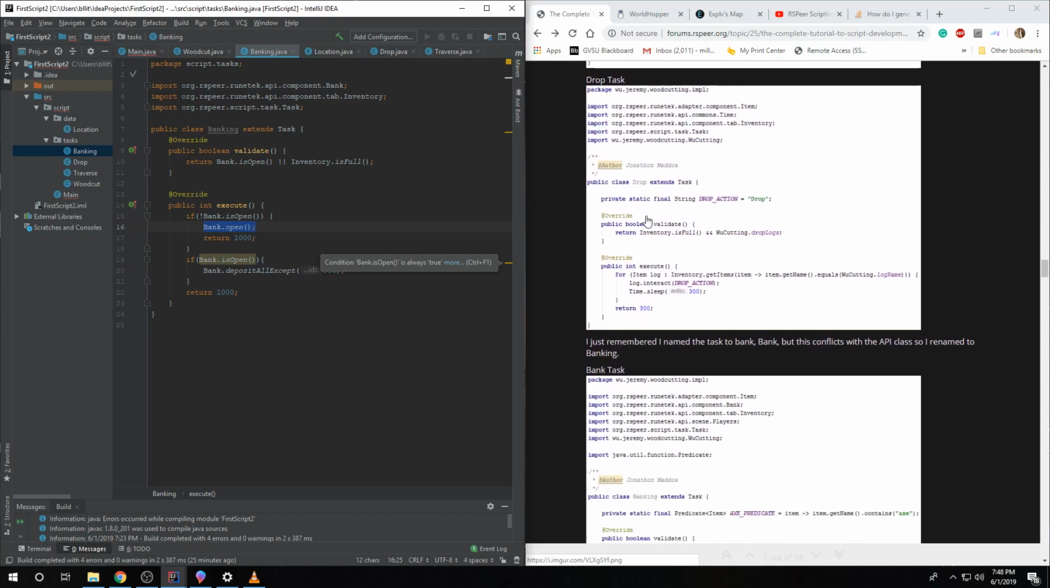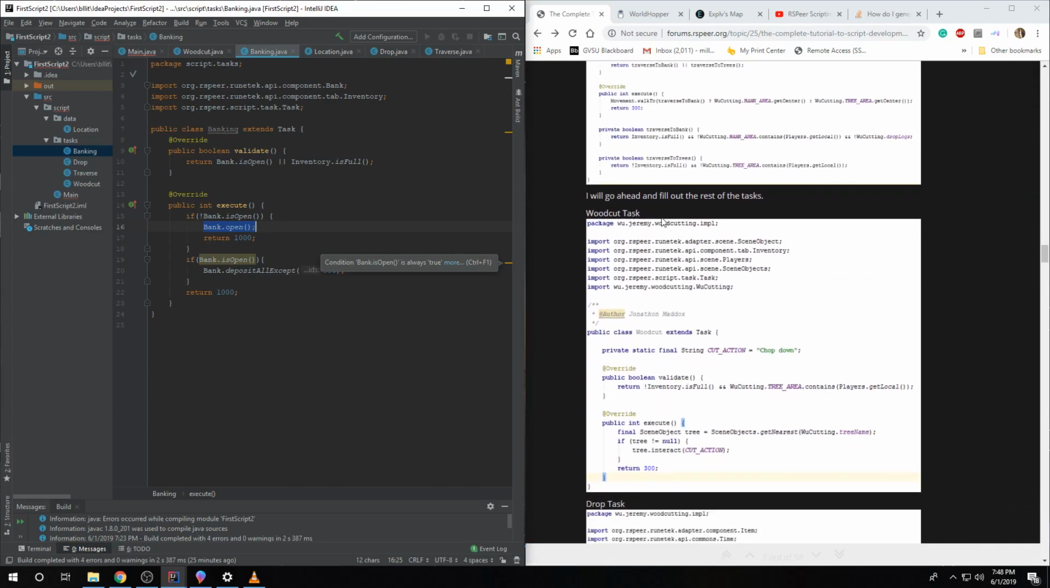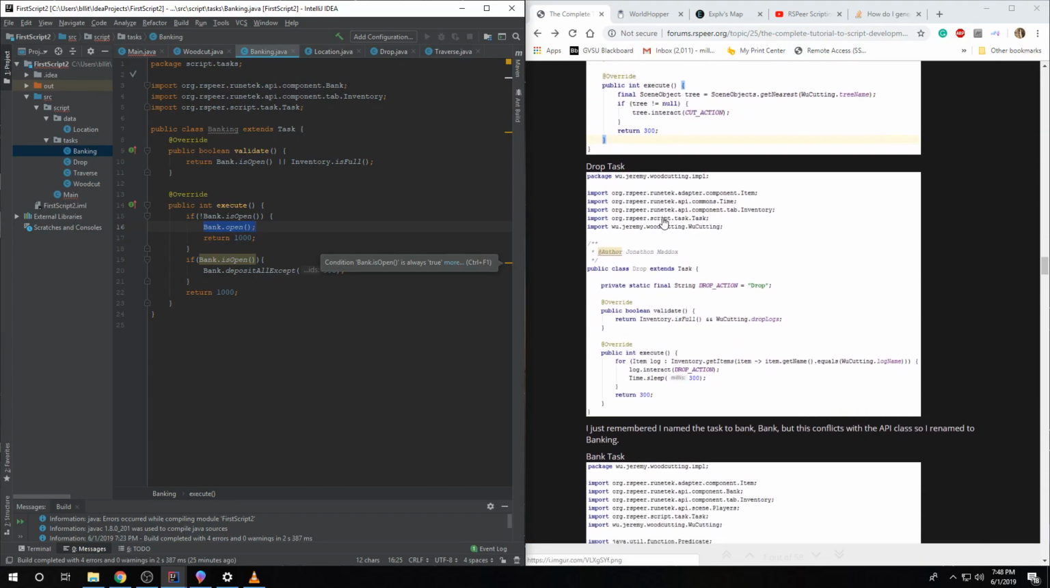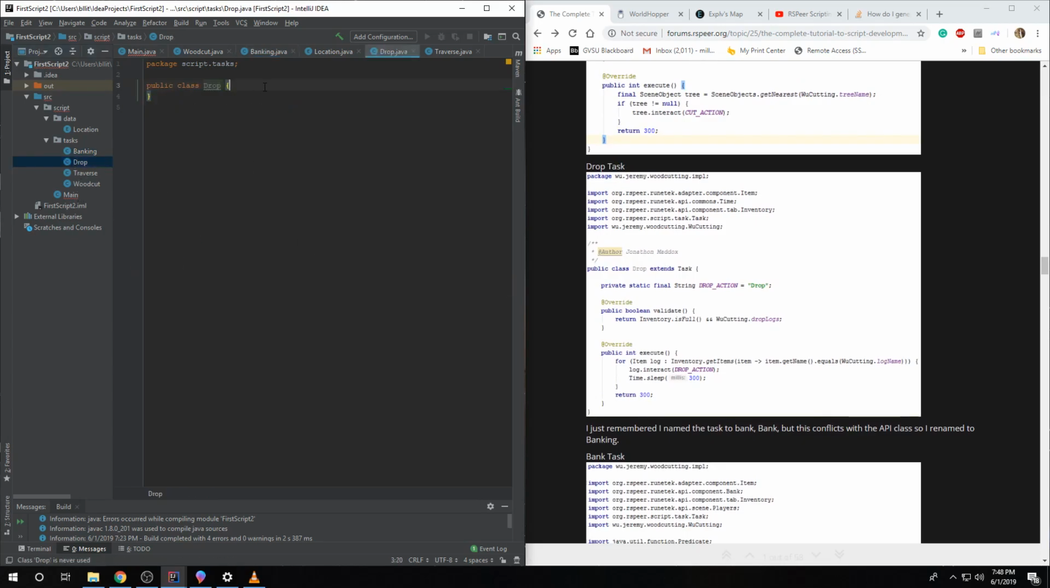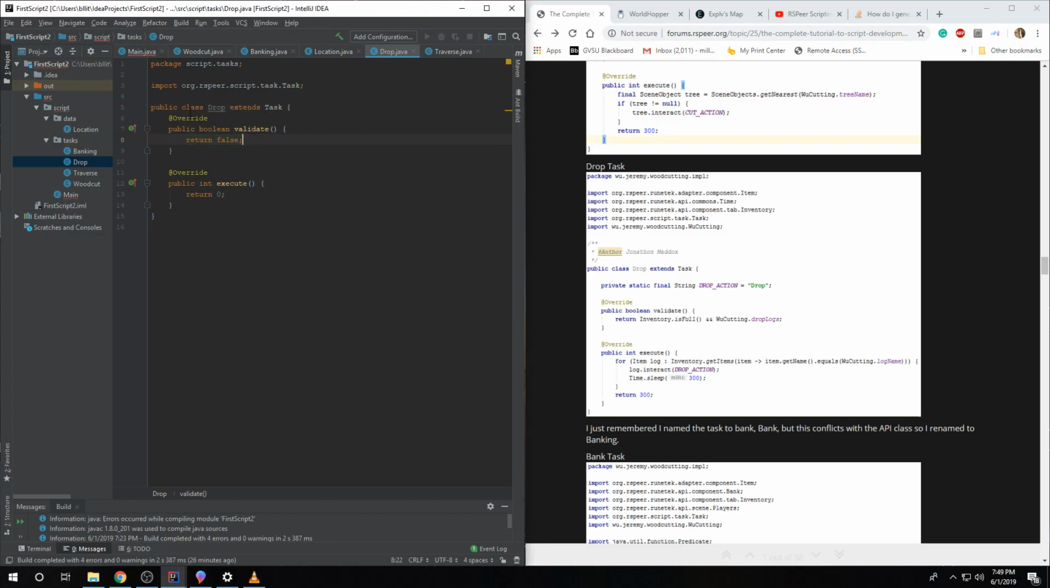Okay. So yeah, drop task. All right. So let's go to drop again. That's why I think scripting is very easy once you get the hang of it. Everything is set up in the same general format. So use, there we go. Extends task again, and